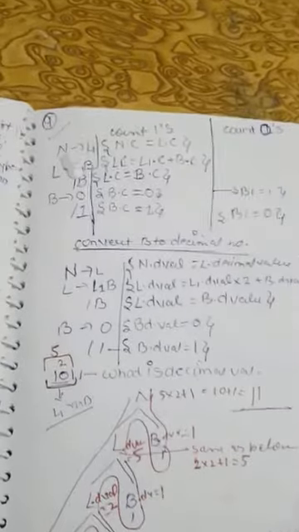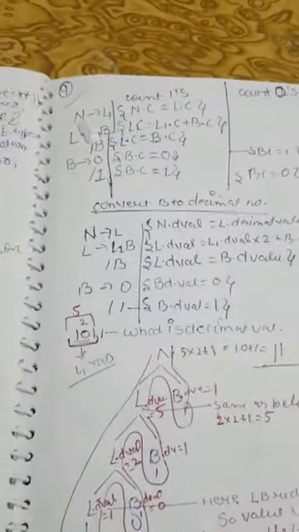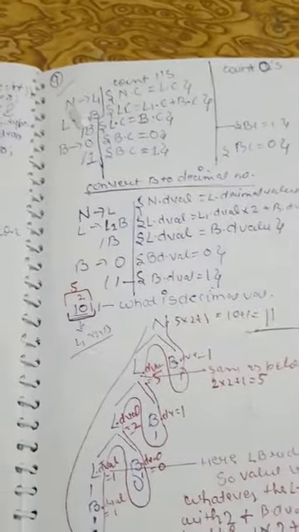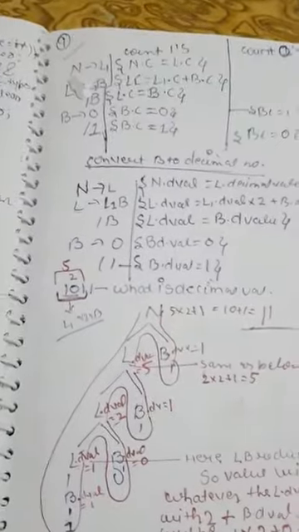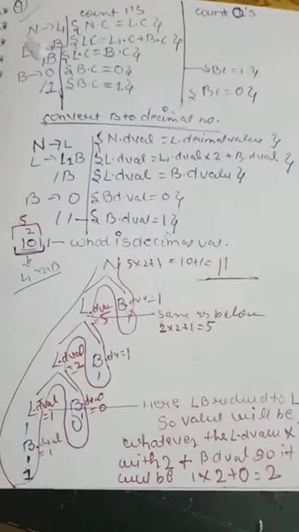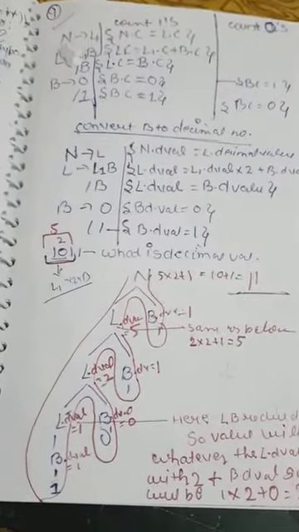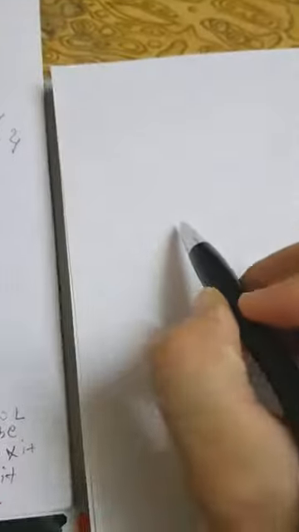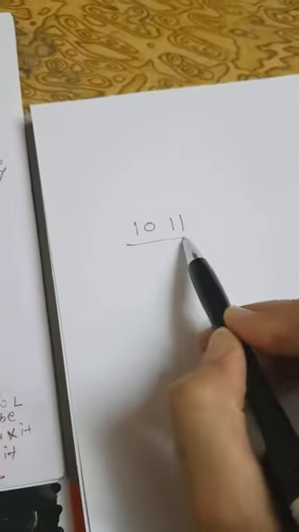Another very important example of SDT is the conversion from binary to decimal number. Before starting this example, I want to make clear the basic logical formula for converting binary to decimal. Just take a look. For example, this is 1 0 1 1. We have to calculate its decimal value.